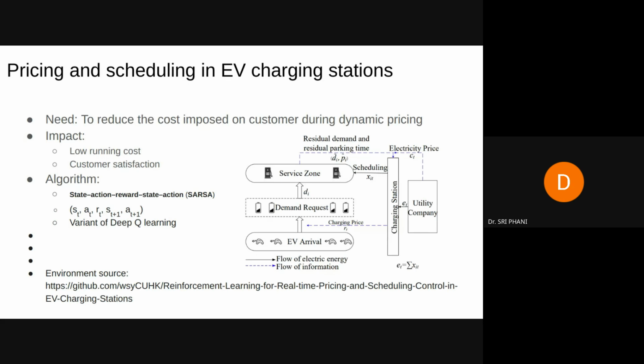And the pricing and scheduling also, where DRL is coming into play, and there are multiple charging station environments that are available. Again, the GitHub link is given under WSYCUHK, under the reinforcement learning for real-time pricing and scheduling repository. Here also they have used reinforcement learning, and it is evident that you can schedule the inflow of cars and